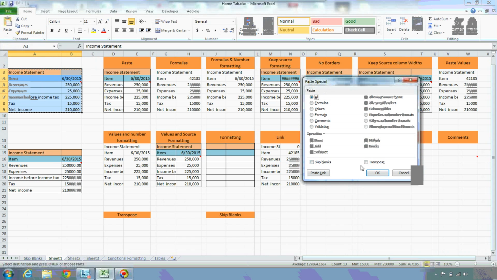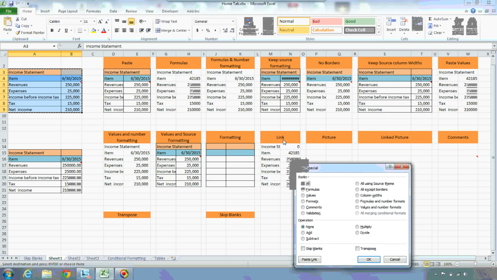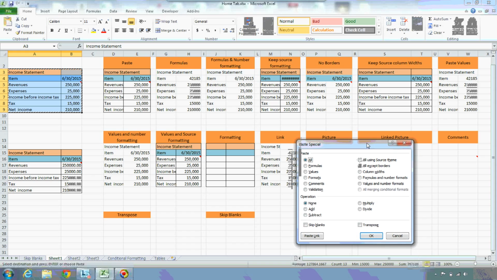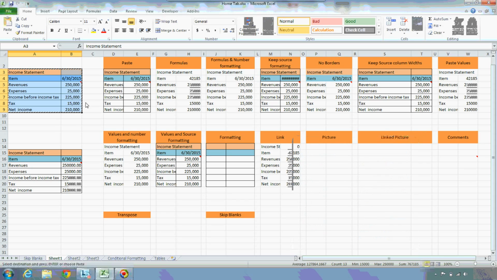So another option called transpose. We have already seen what is the different functionality about transpose. How can we change rows to columns and columns to rows using transpose. Now paste link, we have already seen this one, link pasting and picture link pasting. There are two kinds of paste links. One is just link and another one is a link to picture. So we have already seen this paste link feature. We have already seen how can I link between two workbooks in this session. Now let us go and explore different features.